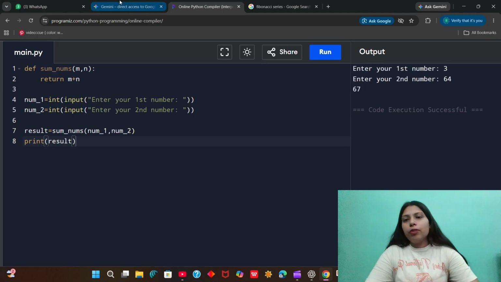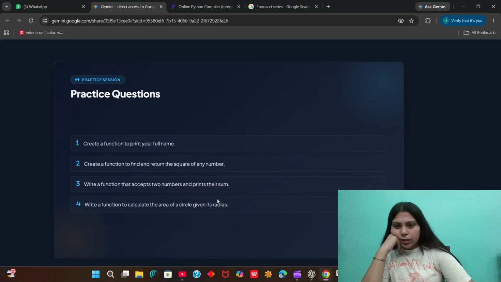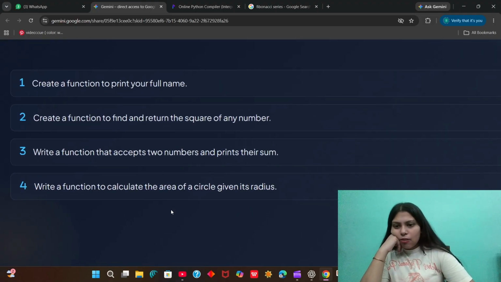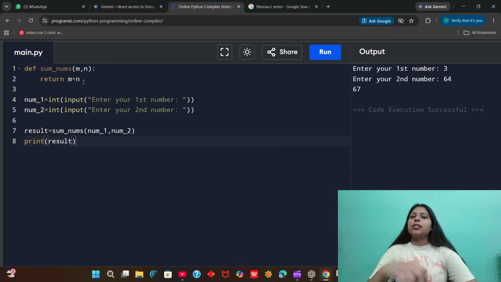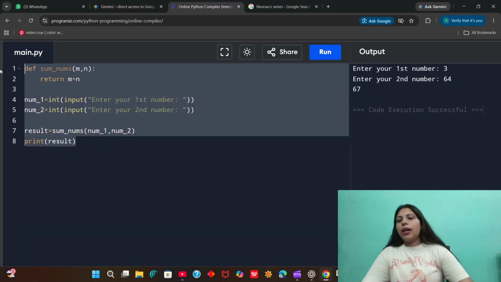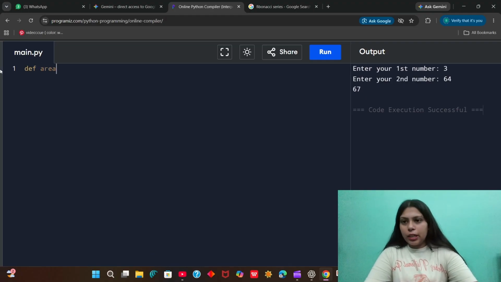So this is how we are going to get two numbers and we can print the sum of both of these numbers. The last question says that we have to write a function to calculate the area of circle given its radius. So again, we will define a function def area of circle. Yes, I'm going to get a parameter that is radius, and then I will return